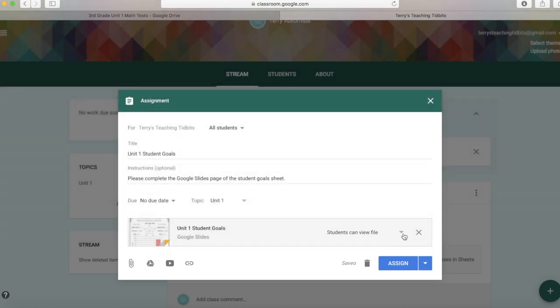Right now, it's only set on the students being able to view the file, and we don't want that for this case. We want every student to have their own copy so that they can input their own data. So you're going to click on that down arrow and make a copy for each student. And again, you can assign it right away, schedule it, or save it as a draft. When you assign it,